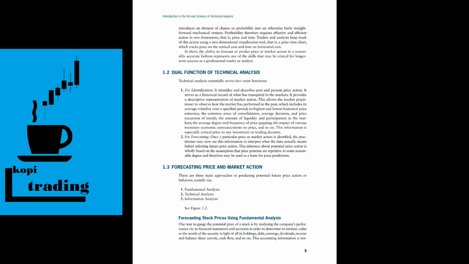1.2 Dual function of technical analysis. Technical analysis essentially serves two main functions. 1. For identification, it identifies and describes past and present price action. It serves as a historical record of what has transpired in the markets. It provides a descriptive representation of market action. This allows the market practitioner to observe how the market has performed in the past, which includes its average volatility over a specified period, its highest and lowest historical price